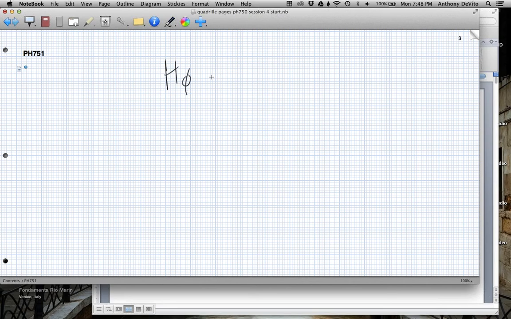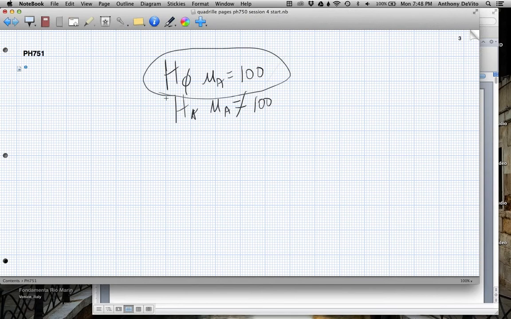Imagine that our null hypothesis is that the mean blood pressure for all Americans is equal to 100. And our alternative hypothesis is that the mean blood pressure is not equal to 100 for all Americans. Maybe more, maybe less, or something like that. Okay. If I were to assume that the null hypothesis is true, that the average blood pressure